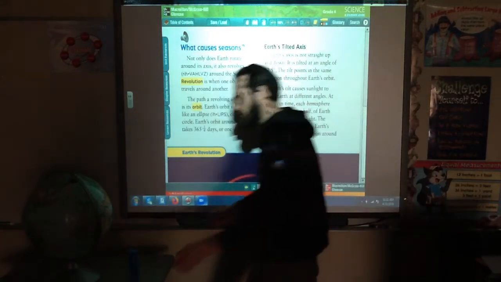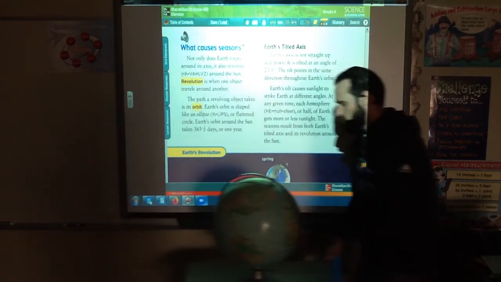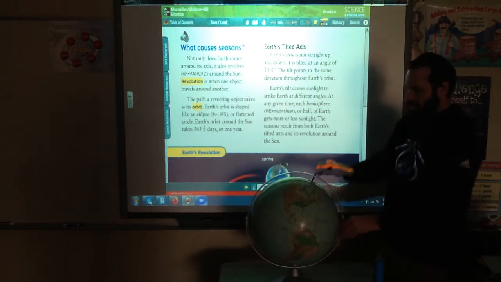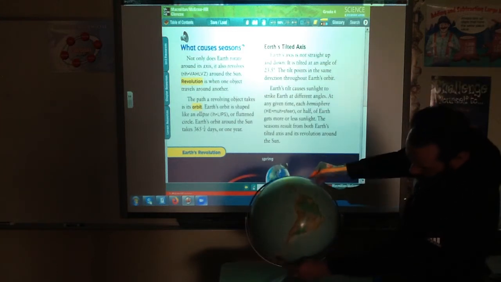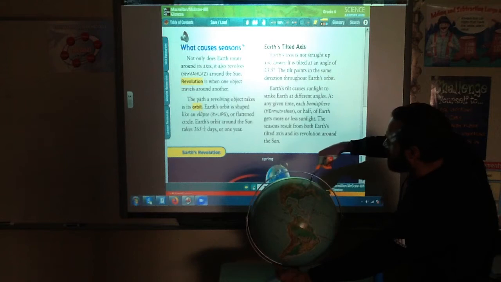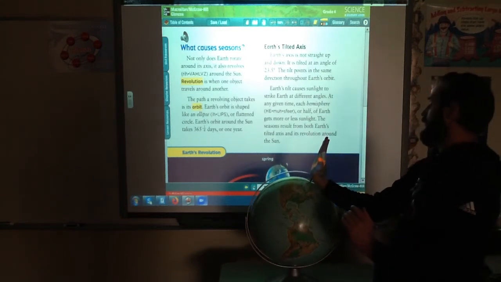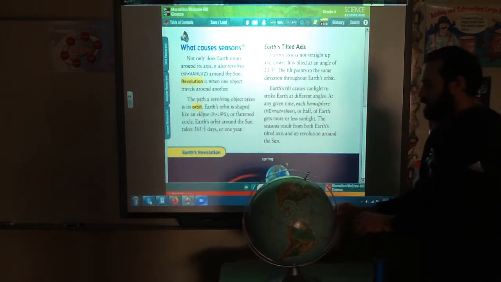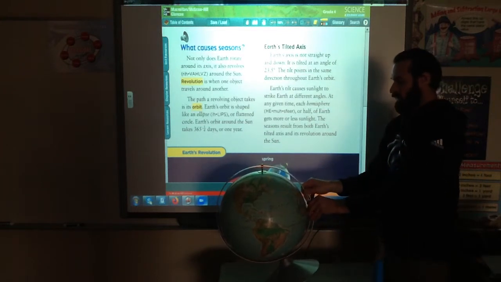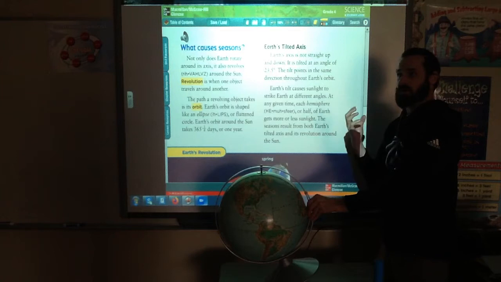And I'll explain that in a minute, but the first thing that I want to show you is when we have our globe, you can look at the axis. It goes from right here to right there. And if you look, it's not pointing straight up to the ceiling. It's pointing at that angle. Okay? If it were pointing straight up to the ceiling, it would look like this, and then our seasons would